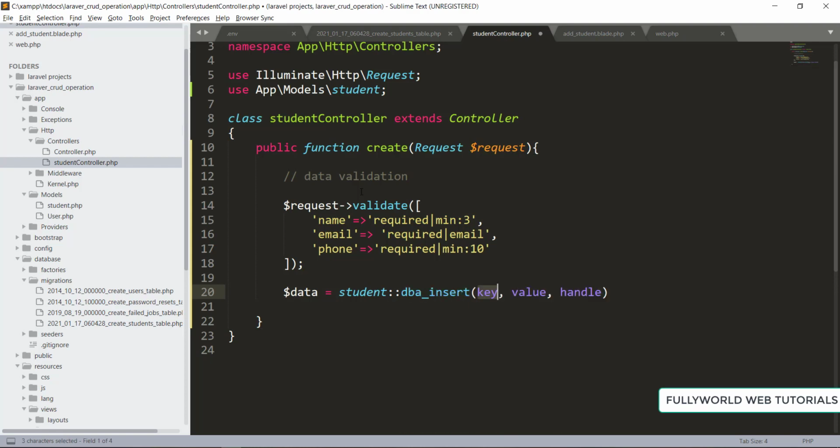So insert, and here we will mention our data. Let's see what we are getting.